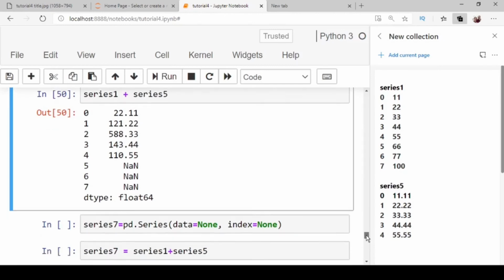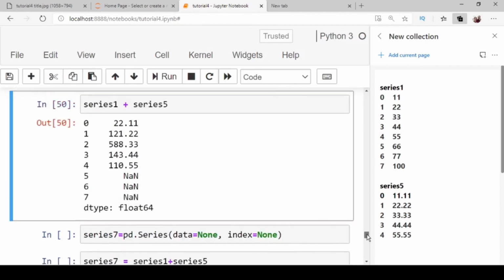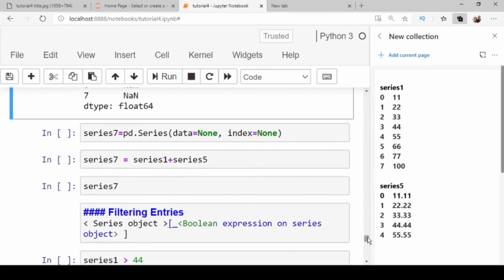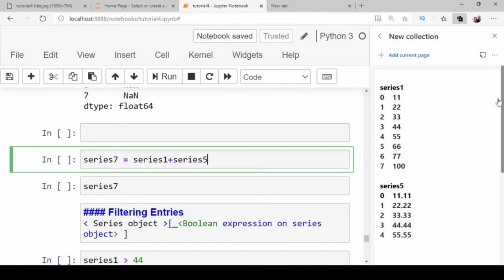You can store the result of the arithmetic on the objects in another object, which will also be a series object. Series 7 is equal to series 1 plus series 5. Now execute it. Press Ctrl plus Enter.